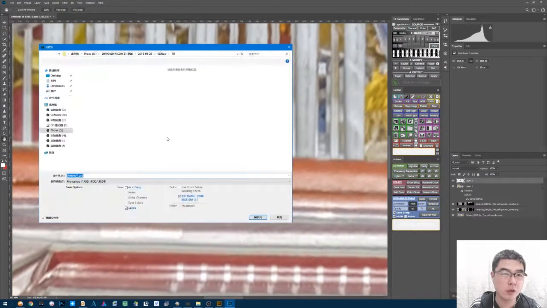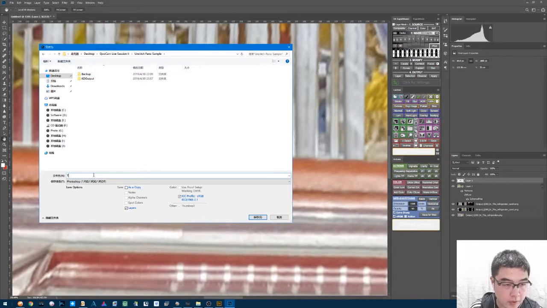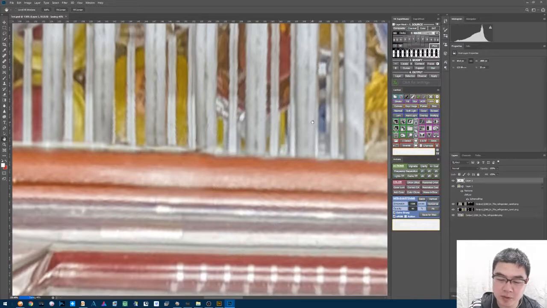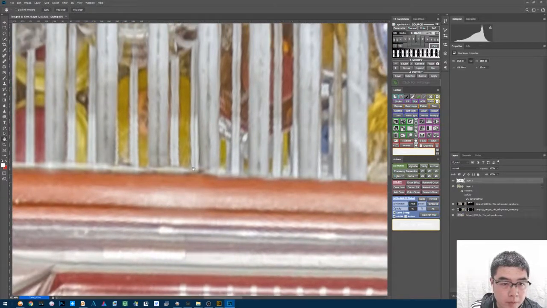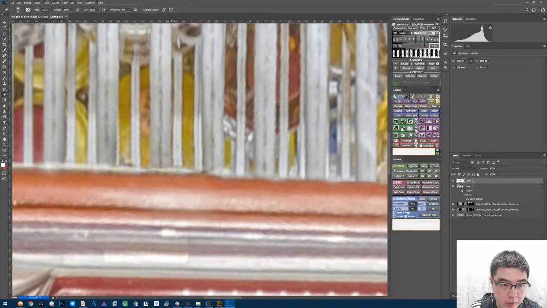But be careful, you should always save your files in case of accidents in the post-processing. And now we are almost done, right? We have almost gotten rid of all the